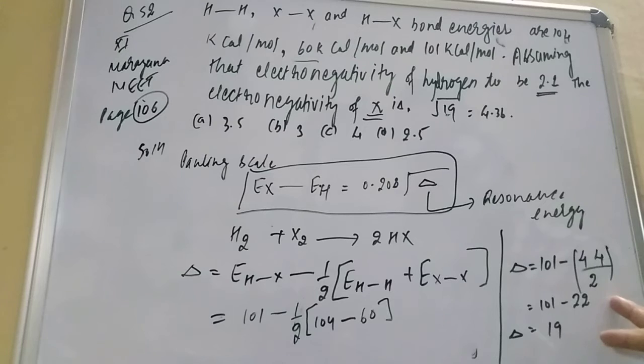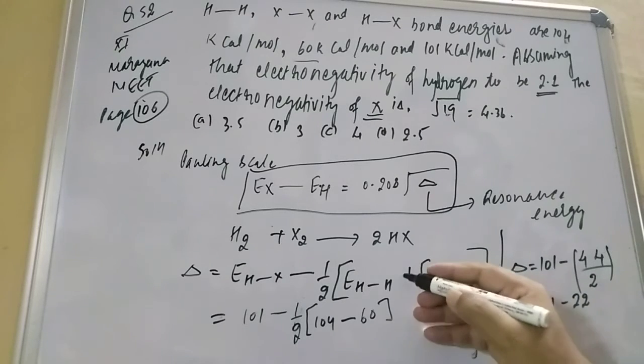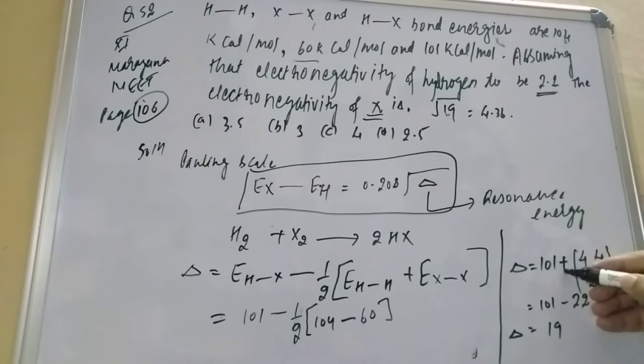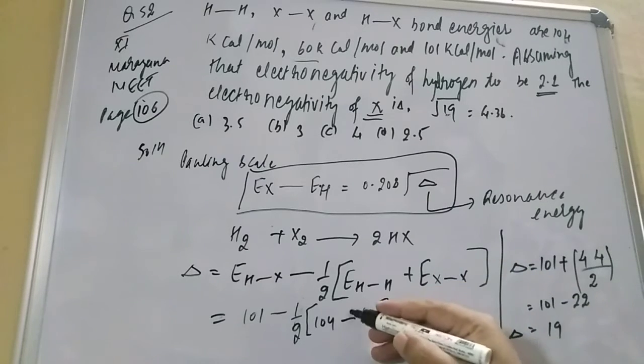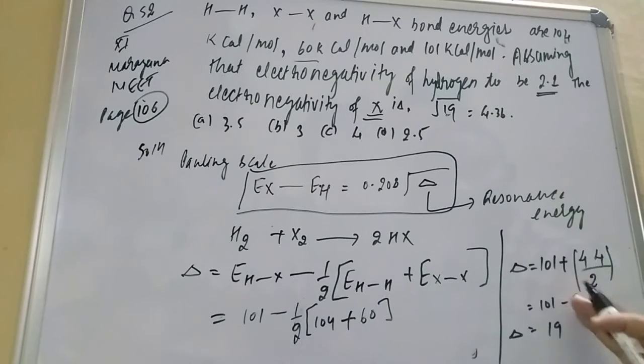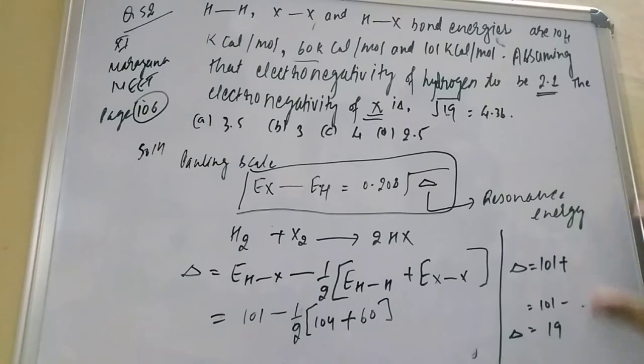44 by 2, it is not coming 90, 19. So how much is coming here, student? Here is the positive sign, here is positive. So this is the positive, not the negative sign. Here is positive, and positive means here you have to add this. Okay, I am sorry, here by mistake.